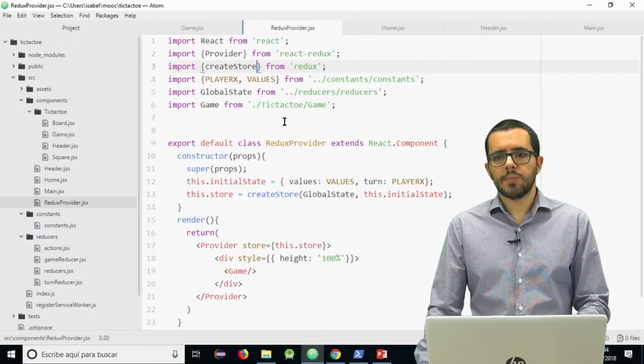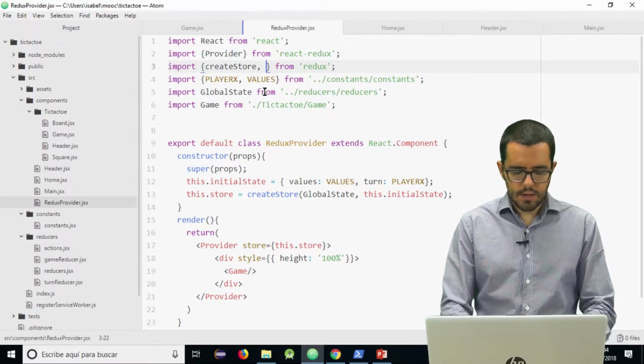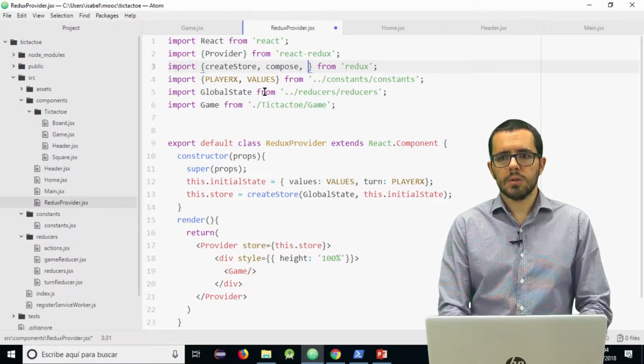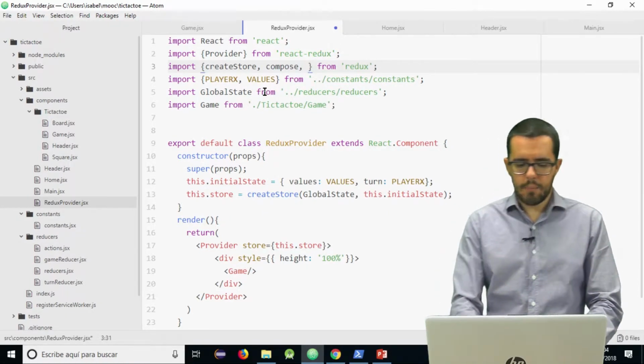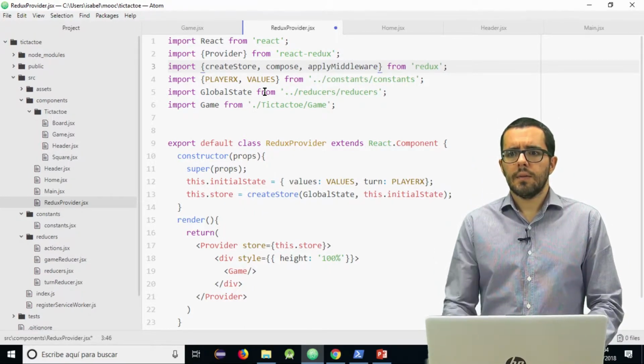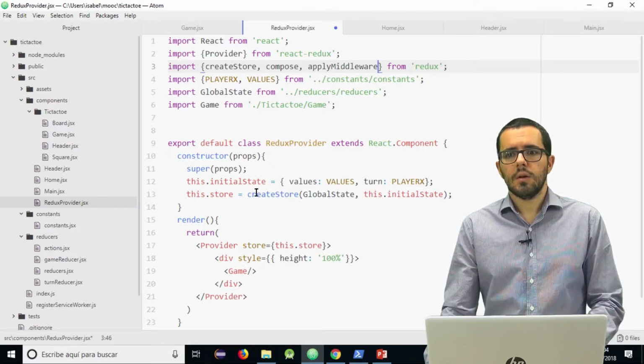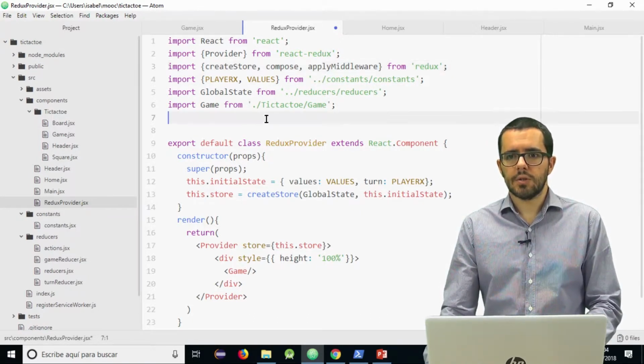We go to the Redux provider, and the first thing that we have to do is import compose and applyMiddleware from Redux. Those are two extra methods that Redux provides to improve the store creation.